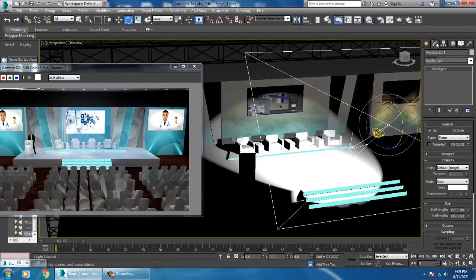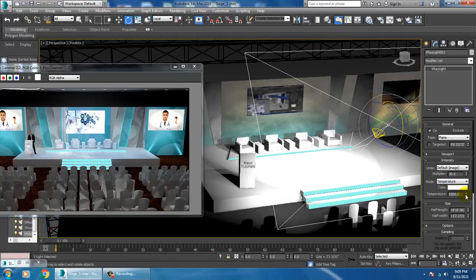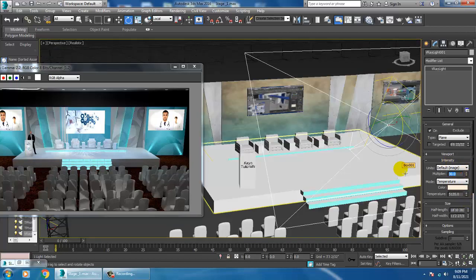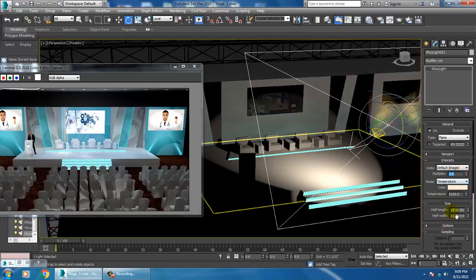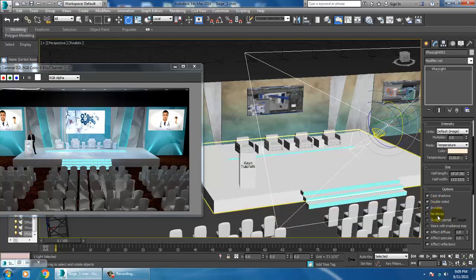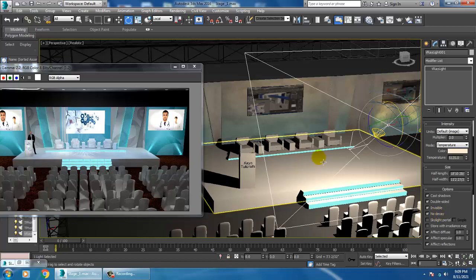So I'll go into this and I'll set the temperature over here. I can just set the temperature. I'll go with a multiplier, double-sided, invisible, no decay.